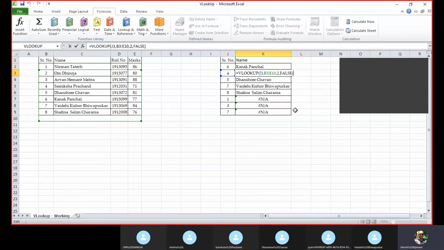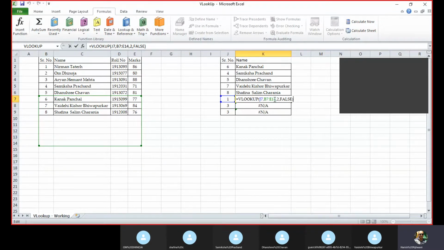What's happening? The green line has shifted down. Go to K4, F2. You see, now go to K7, directly go to K7, press F2. What's happened? When you're looking up roll number 1 is in the above cell, but your table region is starting from where? B7. So what has happened is this table region has shifted, which is why we need to fix it.